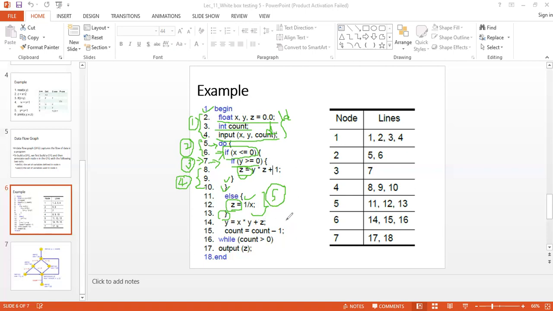Likewise, we can consider these three as our sixth, and the last two as our seventh block. So since our entire program has 7 blocks, our graph will have 7 nodes.